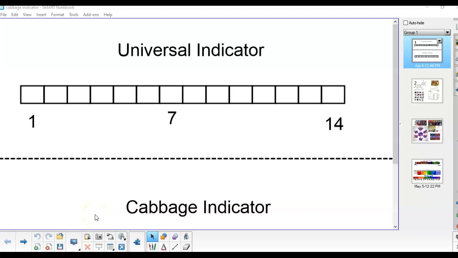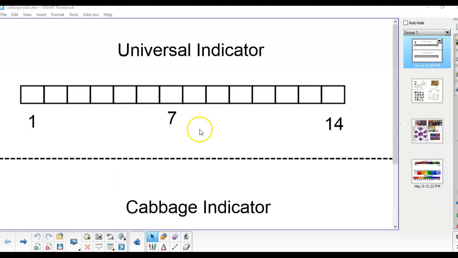Indicators are chemicals that change color in the presence of an acid or a base. They typically have two or more different colors that they change, depending if something is an acid, neutral, or a base, or even what pH range they have within, say, the acid part of the pH scale. This indicator we're going to look at in this video is about cabbage, red cabbage specifically, and it's called